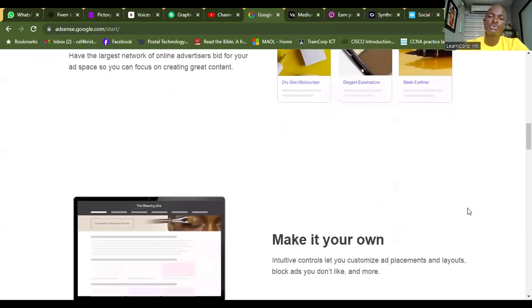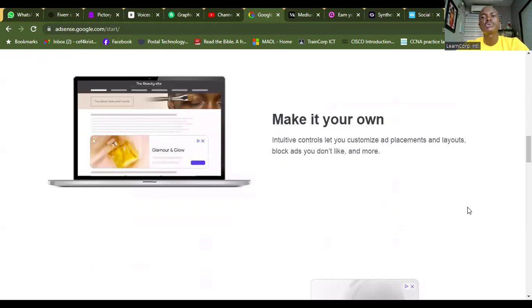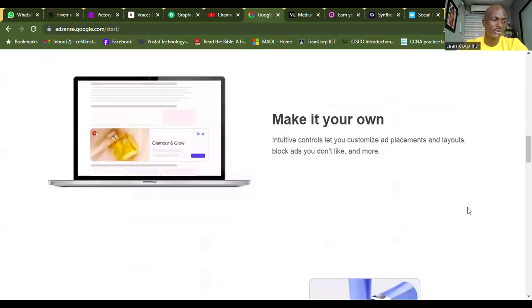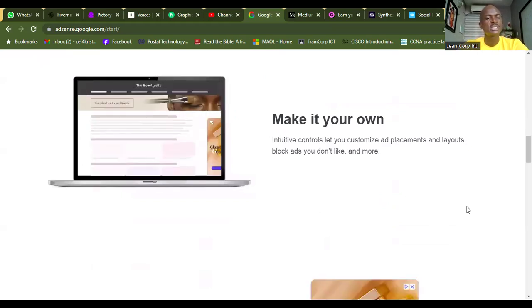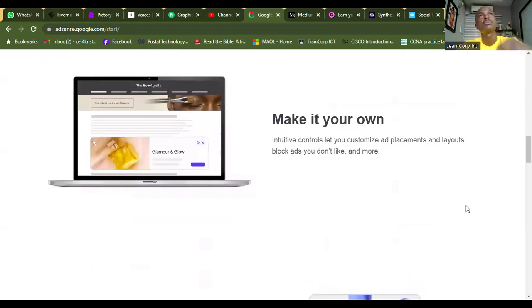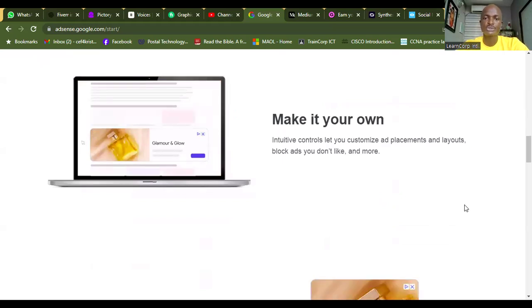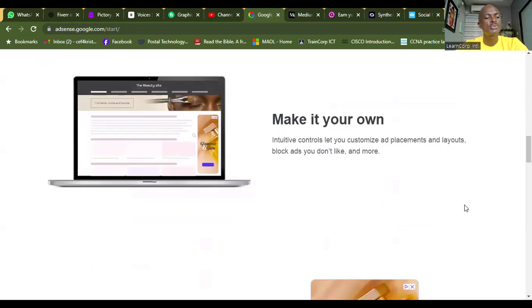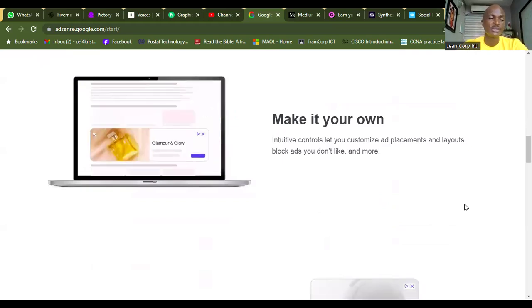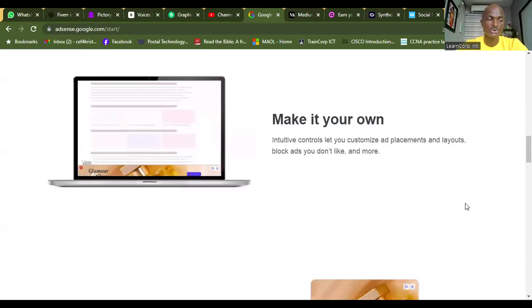Once people begin to interact, how these things work out is people come to read your articles. When all of these service providers see there's traffic on your site, they know these are places they could advertise. So people come to them to pay money to market their products. For them to effectively market their products so people could buy, they have to go to where people dwell most of the time. They're online. And if they dwell on your site most of the time, and they see more clicks, more interactions where people comment.